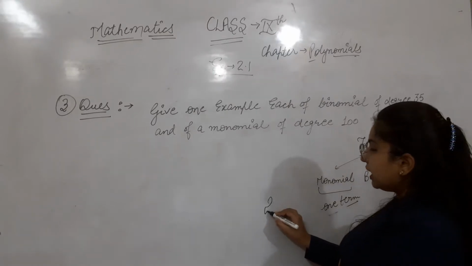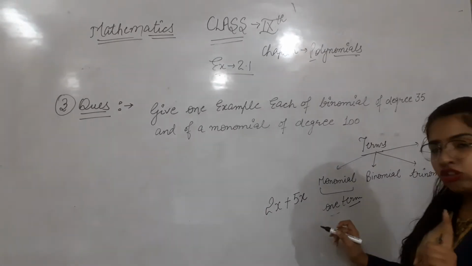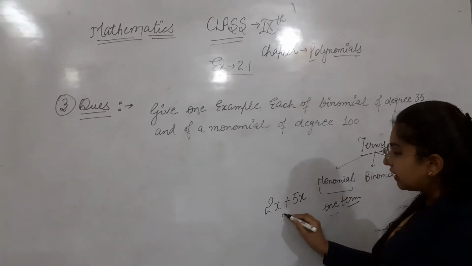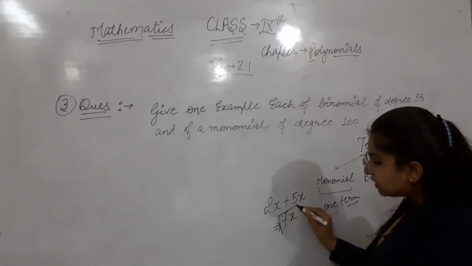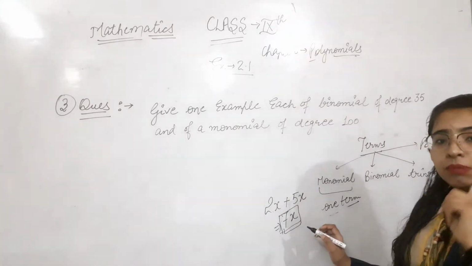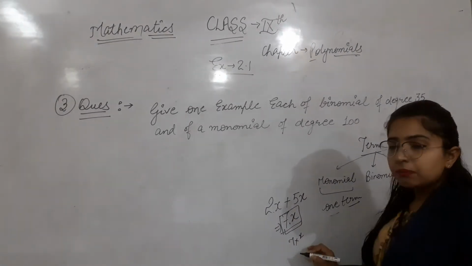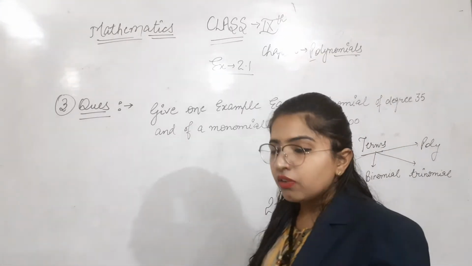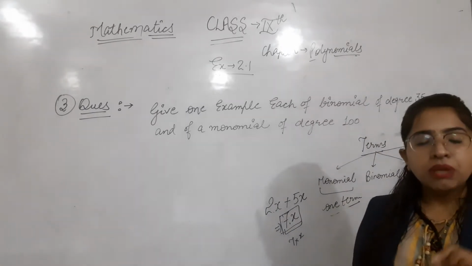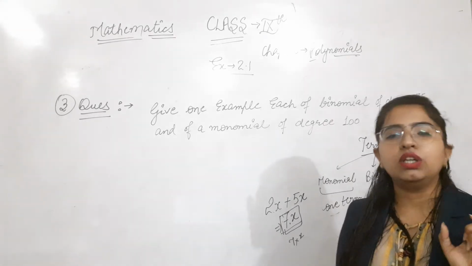If I take 2x plus 5x, this can be added, yes or no? 5 plus 2 will be 7x. Okay, this will be 7x. And 7x can be considered as one term. Make sure it has the sign of multiply over here, 7 multiply x. But we are not using multiply and divide to separate the terms. To separate them, we have to use the signs plus and minus only.